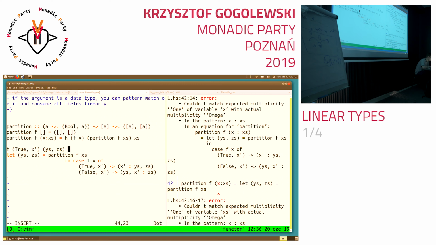So if we have true, then we can say x prime y as cs. If we have false,